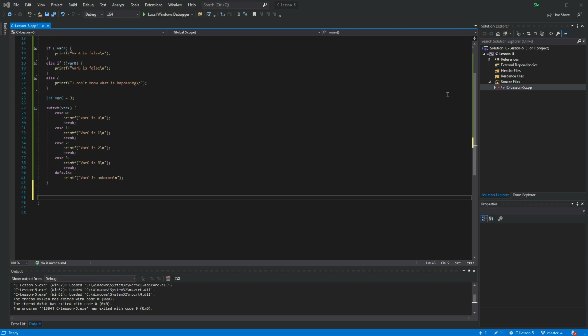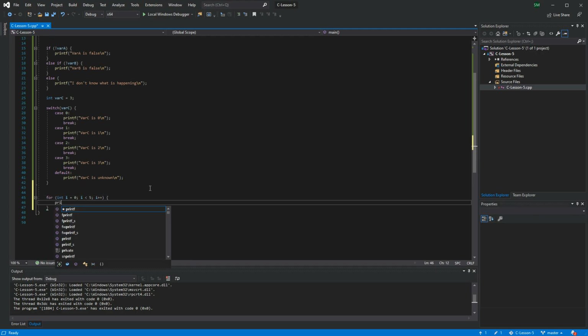Now, the control statements that we have access to are the loops, rather. They're for, while, and do while, much like Java. And in fact, they're syntactically identical near enough. We can do for int i equals 0, i is less than 5, i plus plus. And then if we just say printf